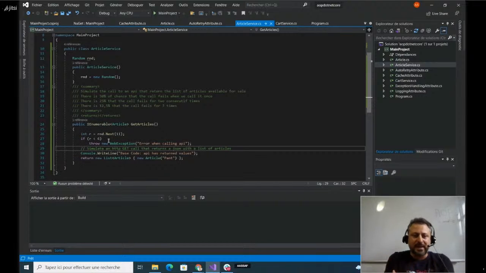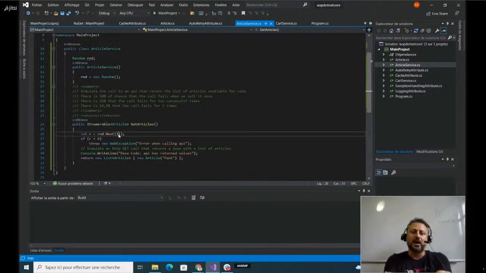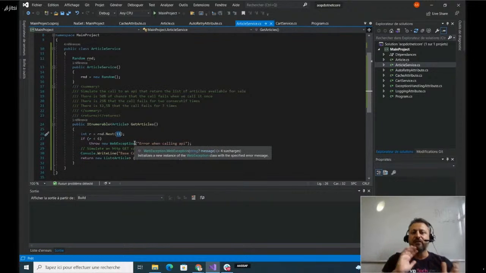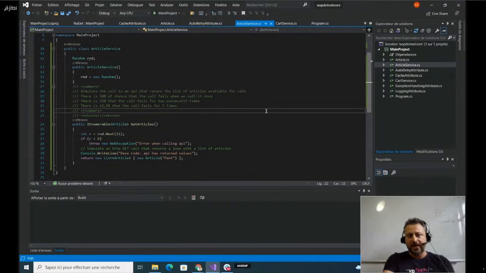I'm not doing a real HTTP call, but I'm taking a random value less than 11, and if this value is less than 6, I will throw an exception. Like this, I will have a 50% chance of an error. And if the call is successful, I will return a list of articles. So this is a proxy service called article service.